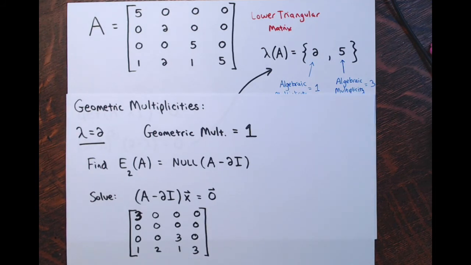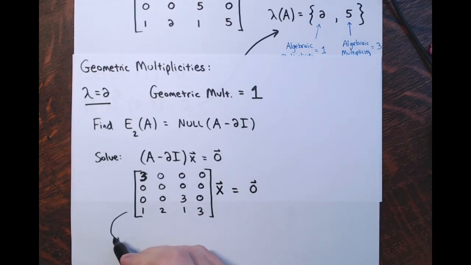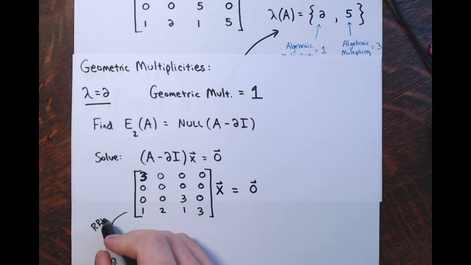Okay. And then you have some vector x with 4 components equals the 0 vector with 4 zeros. Alright, and then I would put this into reduced row echelon form. And again, you can use a calculator,